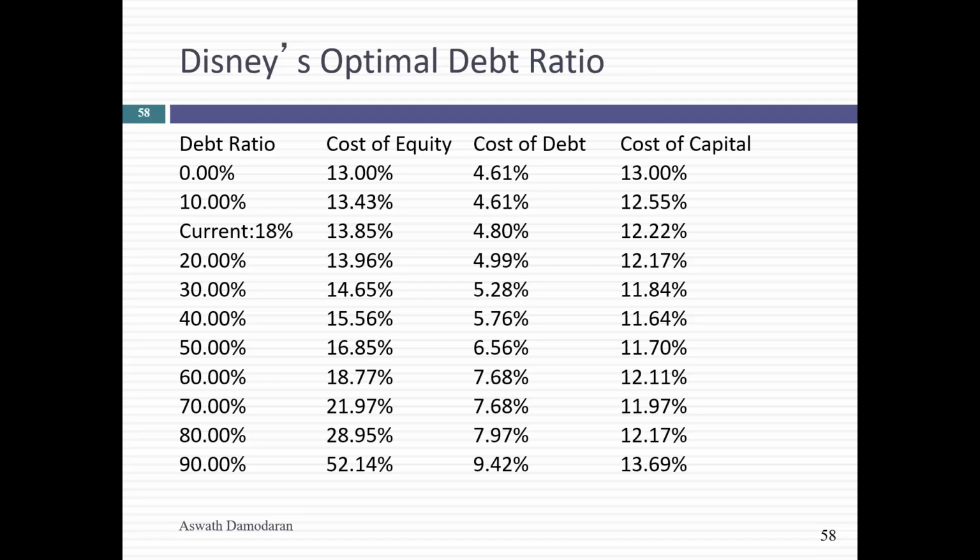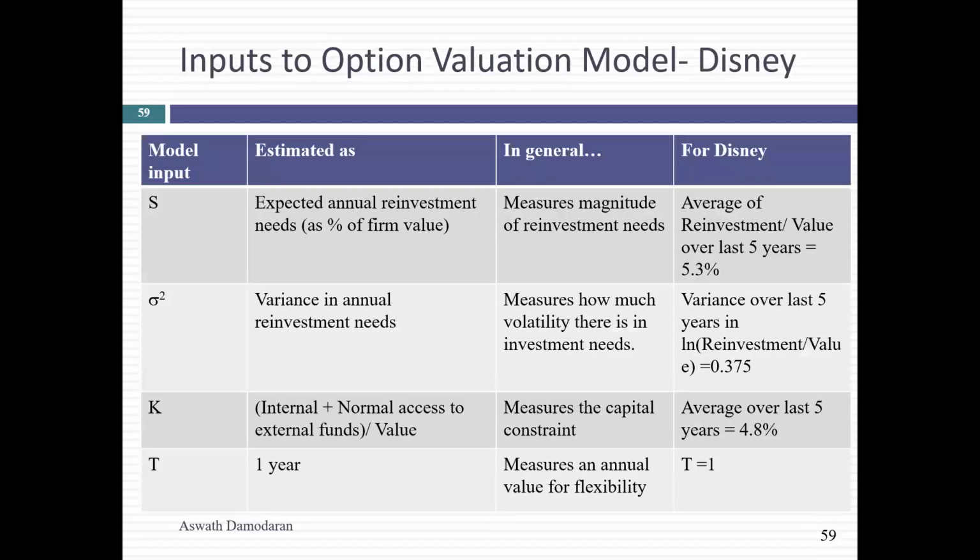But one of the things I tried to do was estimate how much that excess debt capacity was creating as value as an option. Right now, what are they paying for the option? Their cost of capital is 12.22%. It could be 11.64%. They're paying 0.58% each year because they want to preserve flexibility. This option value is kind of murky, so hang in there. To value this option, I need to first figure out what they create as cash flows each year. So that becomes the S in the model. The K in the model becomes how much you can raise as capital from within.